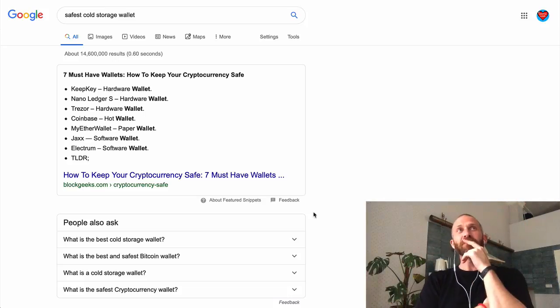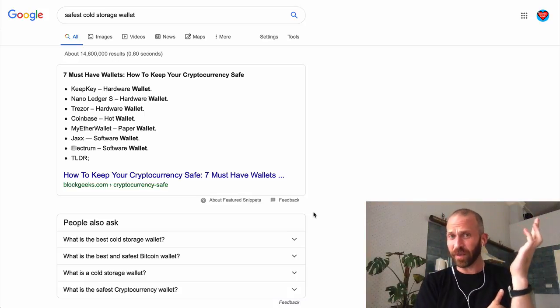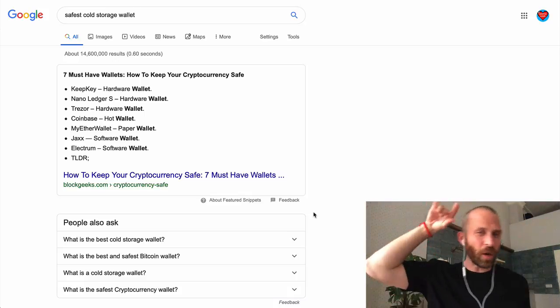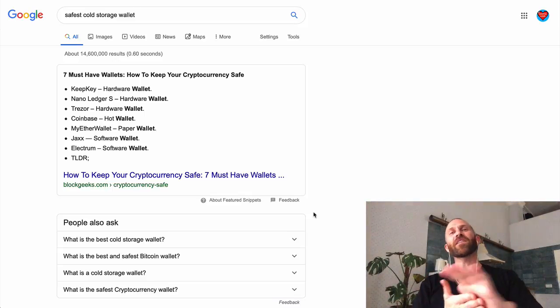Because guess what? I'll just say it now. If you go into somebody's house and you find a Ledger or a Trezor, guess what? There's probably Bitcoin and cryptocurrencies on there. So maybe it's not that safe, especially if you're a robber and you find it in the house. Ooh, that's really bad, okay? So we're going to talk about what is the best, the safest cold storage device out there for Bitcoin and